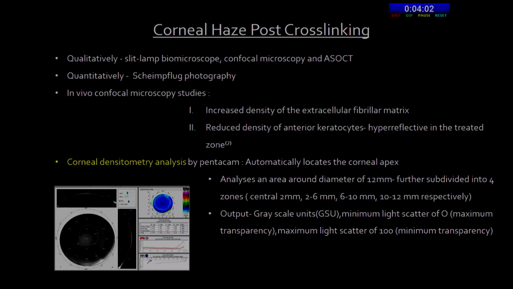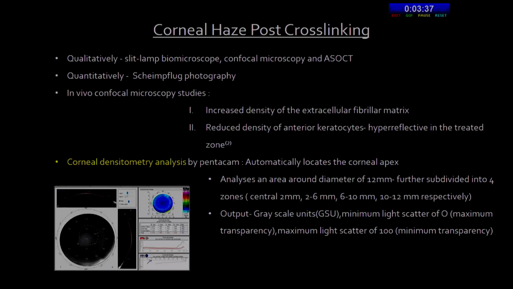In a few studies, they have shown using in vivo confocal microscopy that there is an increase in the density of extracellular fibrillar matrix. Also, there is a reduction in the density of anterior keratocytes, which leads to the hyperreflective phenomenon in the treated zone. In Pentacam, corneal densitometry is analyzed: first the machine locates the corneal apex, and then it analyzes